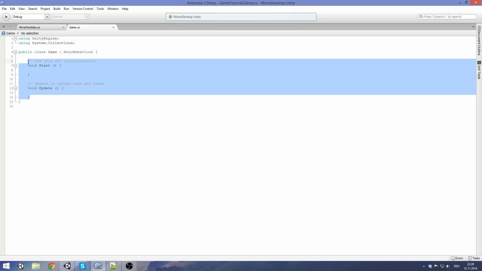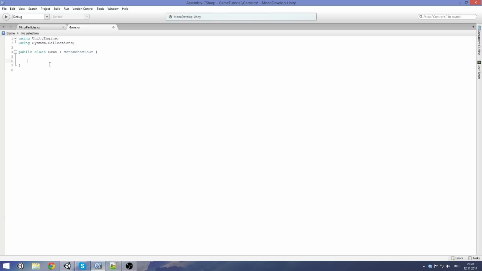Where did it go? Here. So what we need is the update function. We're going to raycast from the mouse position towards the sphere collider. But first we need to check if there is some input. So if we press the left mouse button, Input.GetMouseButtonDown, and 0 is the left mouse button here,